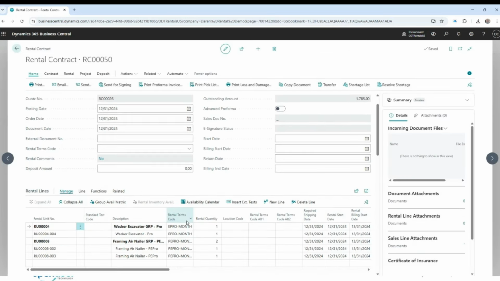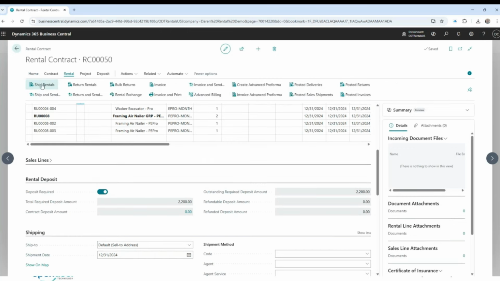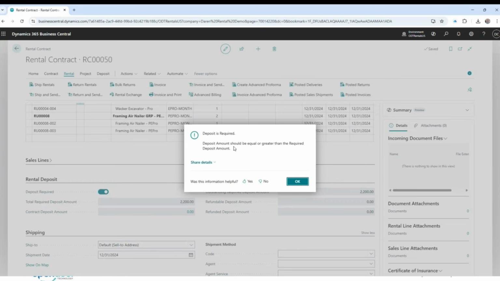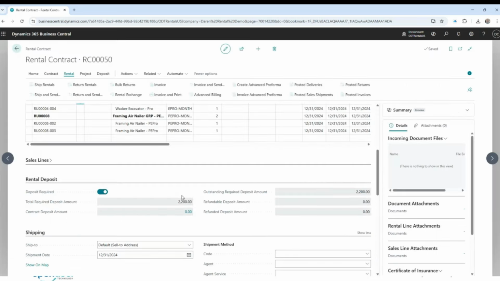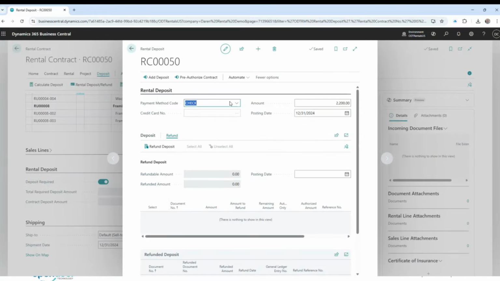Now I'm in the contract, which has all the same information, still looking at 2,200 for the deposit. If I try to ship right now, it gives me an error saying a deposit is required. So it won't let me ship until I've satisfied that deposit requirement. I can come into the deposit calculator, or the deposit page,